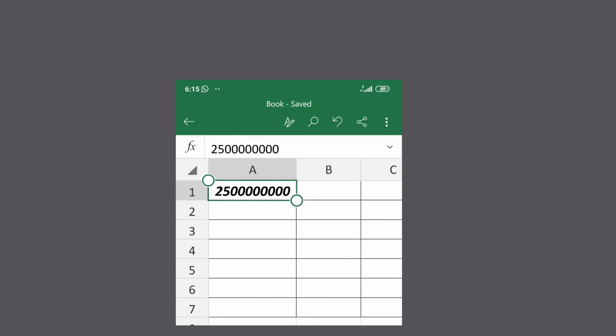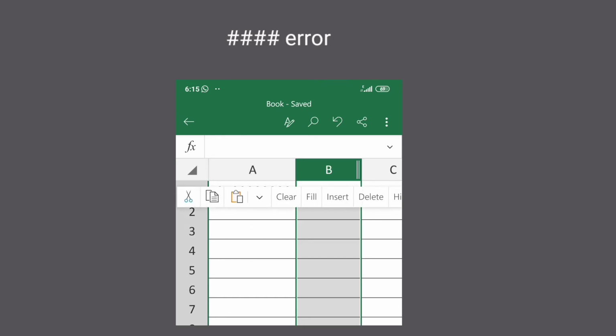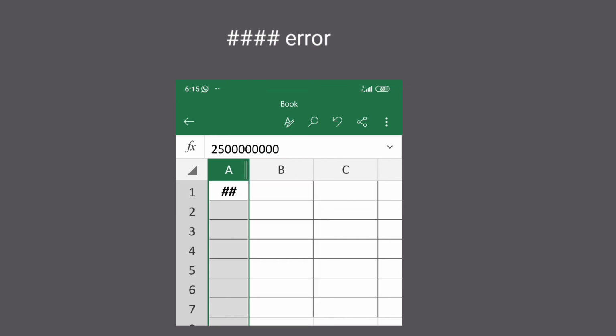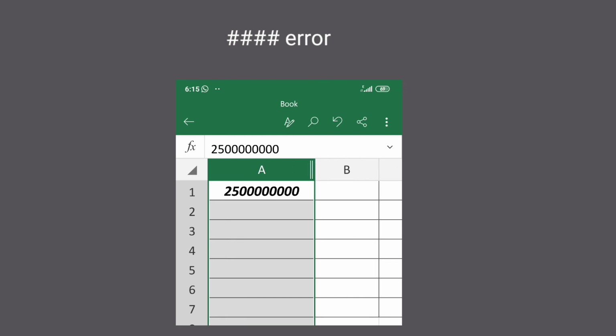Now let's understand these types of errors. First one, hash error. As you can see here, I have entered a long value, and if I decrease the cell size, this error is coming. So if the cell size is small but the content is large, in that case this hash error will appear. You can increase the column size to recover from this error. Next we have